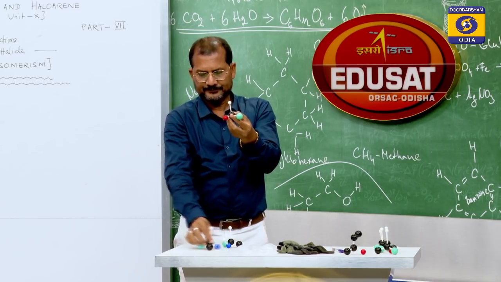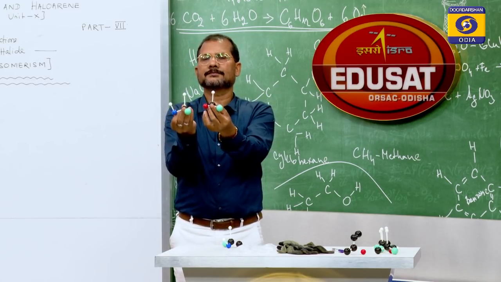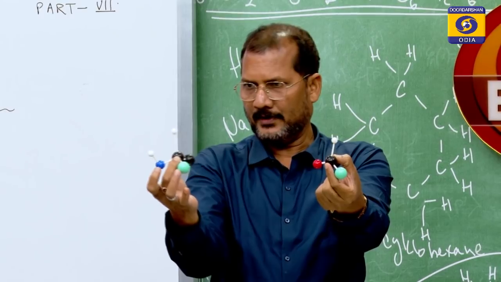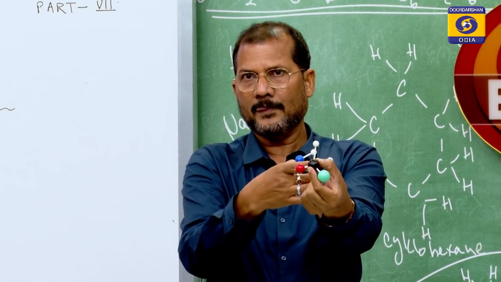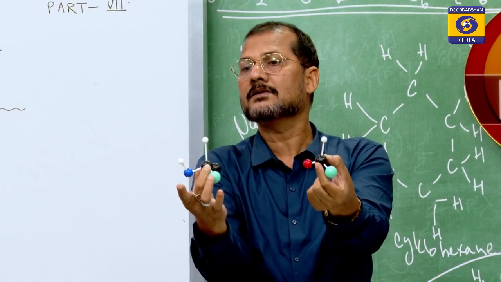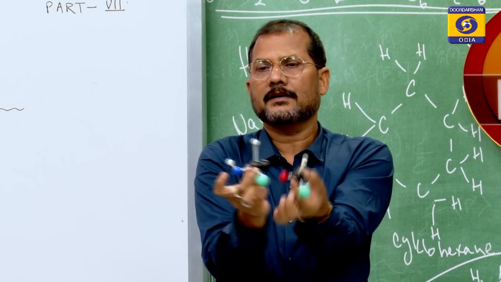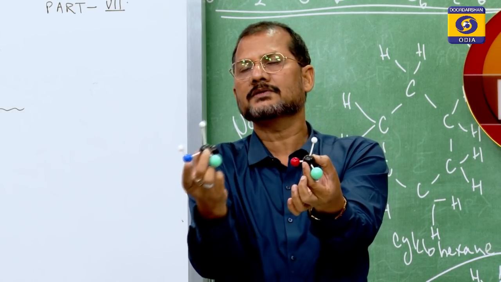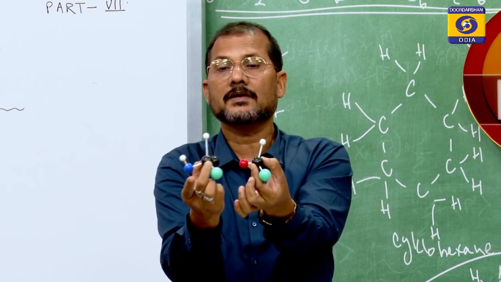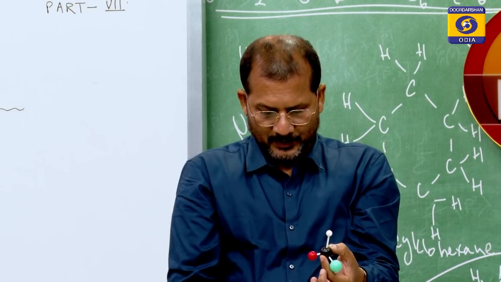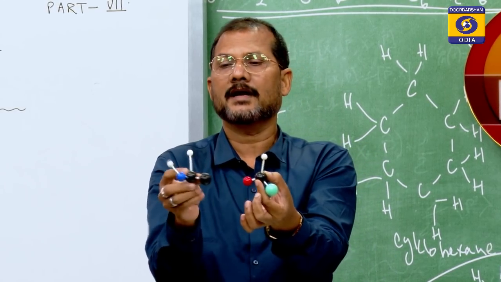You can understand the molecule may be something like this. The red has been replaced by this. This was chlorine, suppose this is OH. If the reactant is like this and the product is like this, it means it is dextro, rotating plane polarized light towards the right. This is also dextro, because on the same side where chlorine was, OH is there. So, this type of reaction where dextro produces dextro or levo produces levo is called a retention type of reaction.